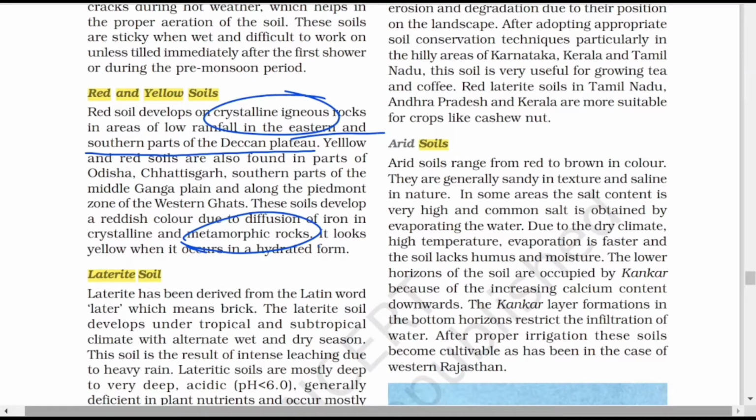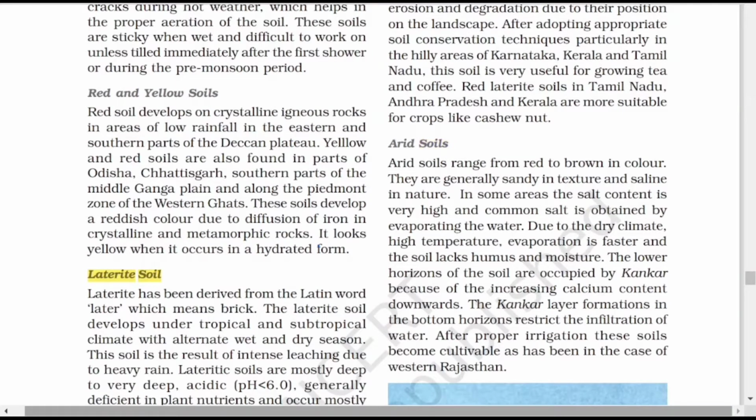That is one reason. But the second reason why it is black is that the iron content in the black soil is more. That iron content gives black color. But here, irons have different qualities, different varieties. Here this iron gives red color to the soil. That's why it is known by the name red and yellow soil. So iron gets diffused in the soil. That's why the color of the soil is red. And now why is the color yellow? I will tell you the color is yellow because of the moisture present in it.